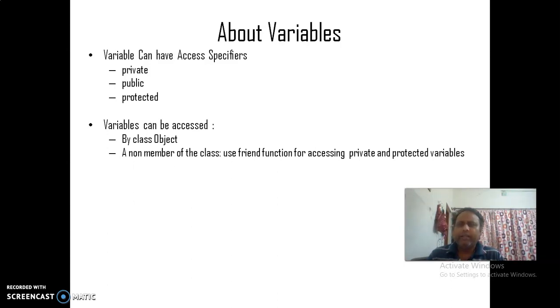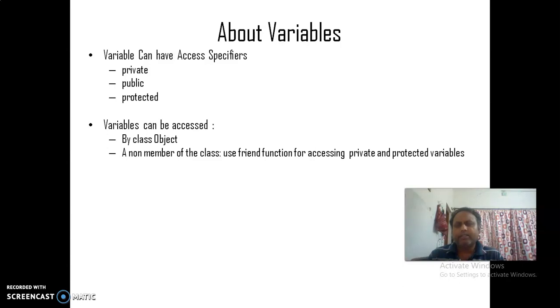And also by a non-member function of the class. In C++, not in Java, we can create some functions outside the class, and that function can also access private members of the class.